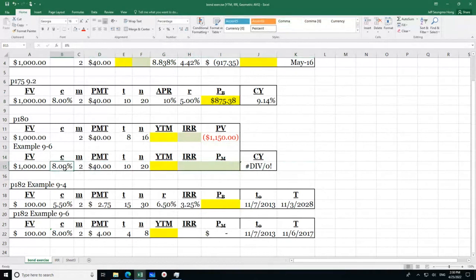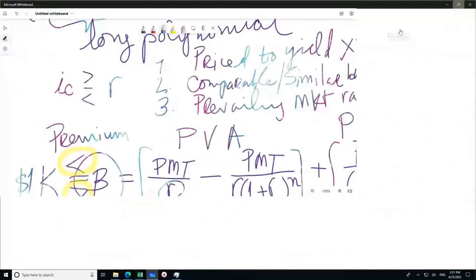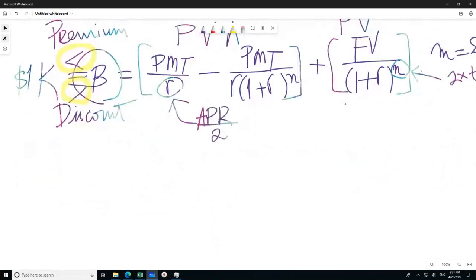Maybe 3%, wasn't it? I'm going to get to that later. So now, here's the thing. I'll just give you straightforward that the current yield